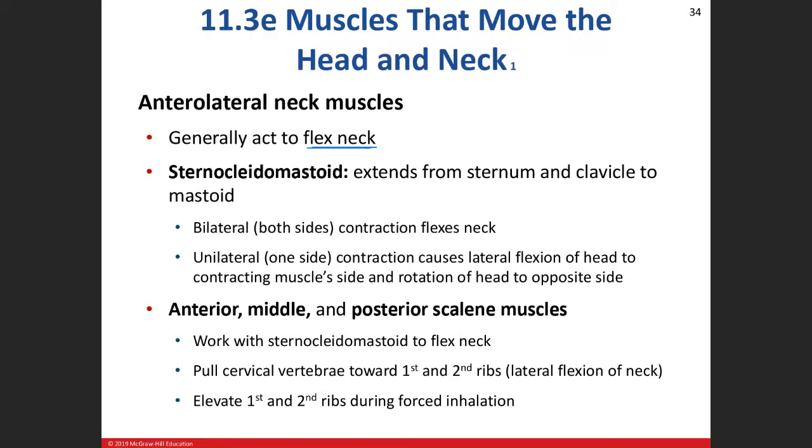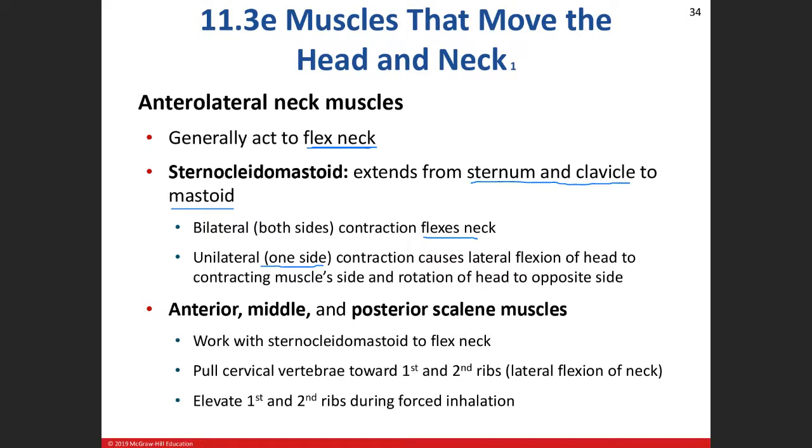As you know, it attaches onto the sternum and the clavicle, more to the midline, and then onto the mastoid process of the temporal bone behind the ear. So when you get both muscles contracting at the same time, a bilateral flexion of the neck will occur. But when we get one muscle, say the right sternocleidomastoid muscle contracting, basically, if I'm contracting the right, I'm going to look